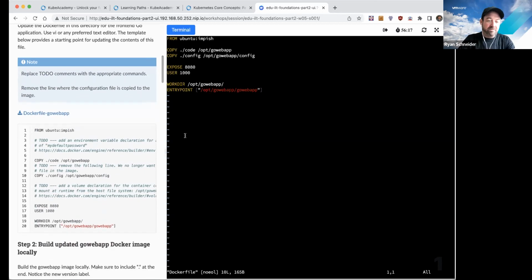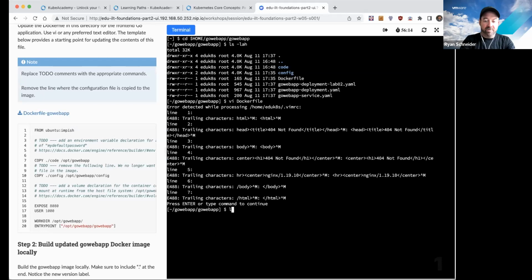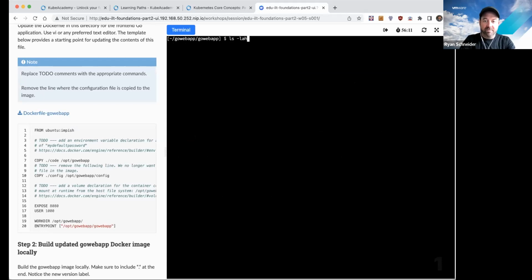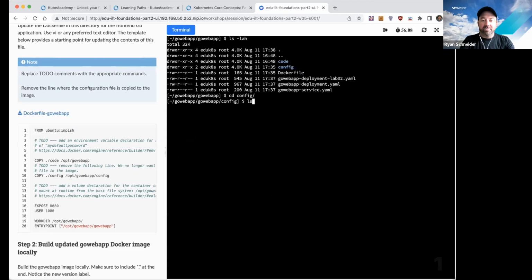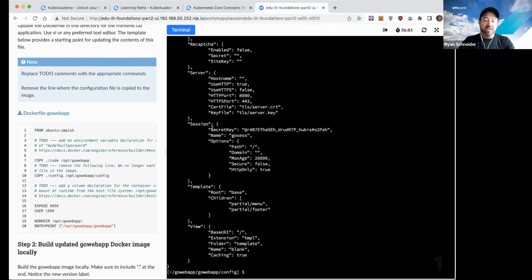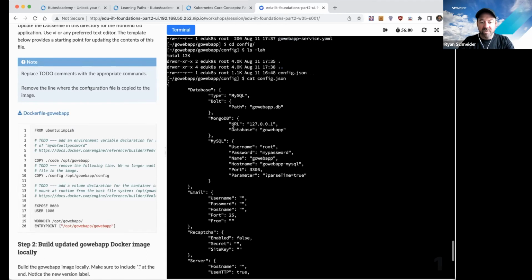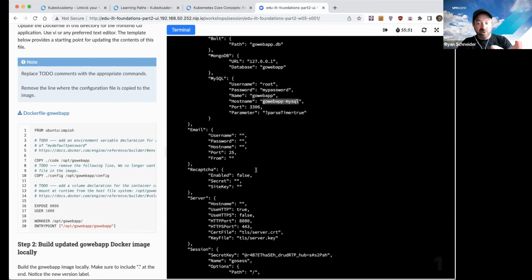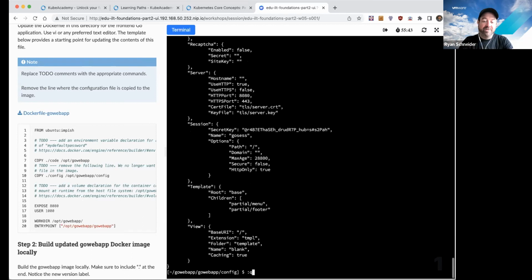If we go back to here, and look inside the config directory, there's a single file, and it's a JSON file. If we look inside, it's basically a configuration for the application. And notice it's got things like a username, a password, a host name, and a bunch of stuff that really shouldn't be in there, right? We'd want that to be injected in. Hopefully it's different for each environment that you're on. So what we're going to do is change this, right? And so if we go back to here,